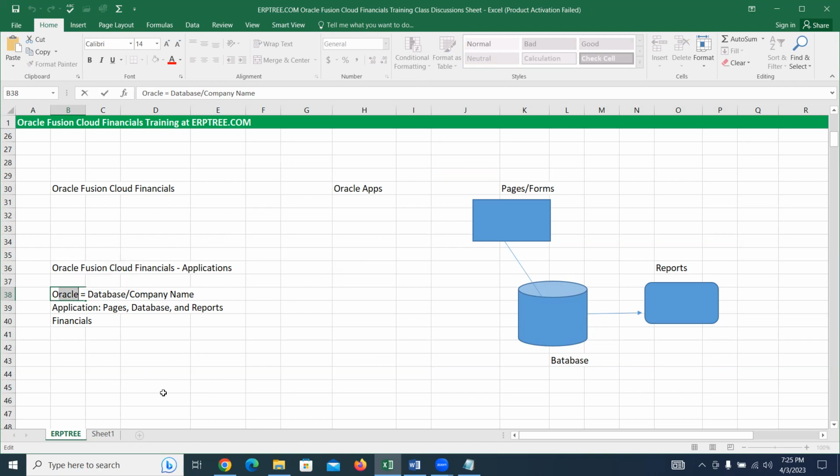This RACLE defines database. They included their laboratory's name, which they used to design and develop this product, into the name. That's how it became Oracle. Oak Ridge, relational, arithmetic, computing, logical engine. It defines the database meaning. Later, they built applications also.